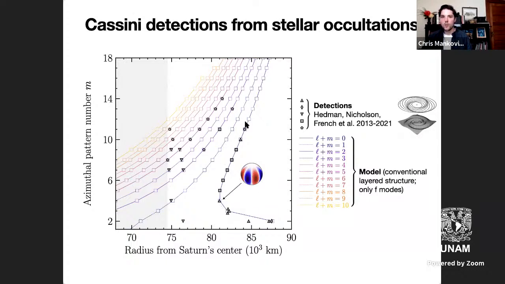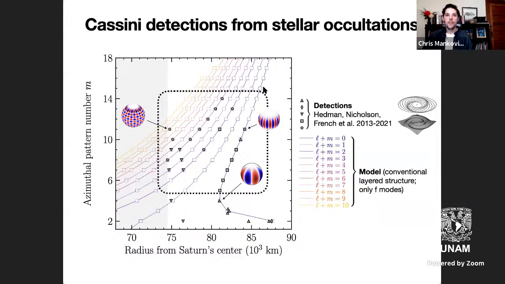This main sequence over here are the sectoral modes. They're these modes where L equals M, and they give you this kind of beach ball structure. So this is the 4-4 sectoral mode. As you move up this sequence, the modes look more like this. And if you start to vary the value of L plus M, then you can get more latitudinal structure. So over here is a mode where M is equal to L plus 8, and it has this insane amount of structure on its surface. And that is a mode that has been detected. Just to give you an idea of the diversity of angular structures that we're sensitive to in Saturn now.